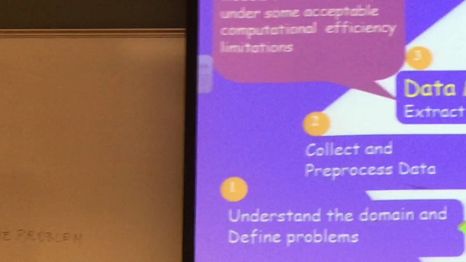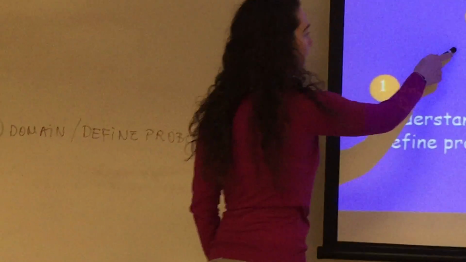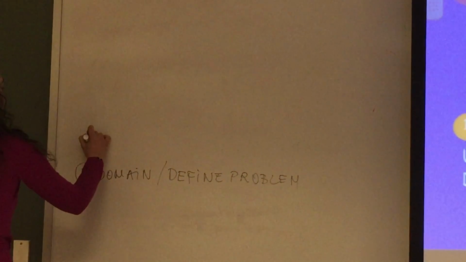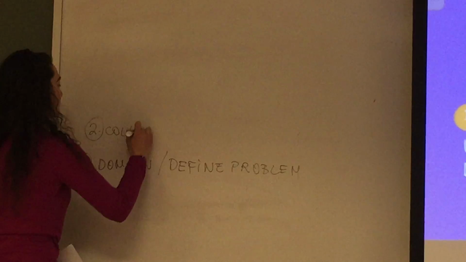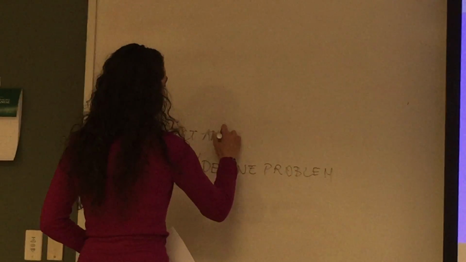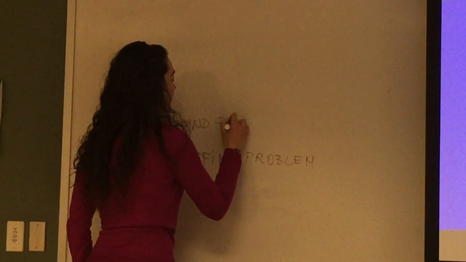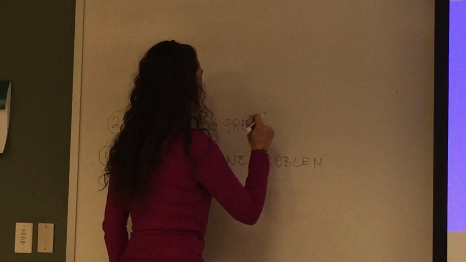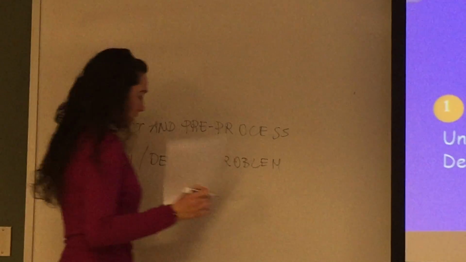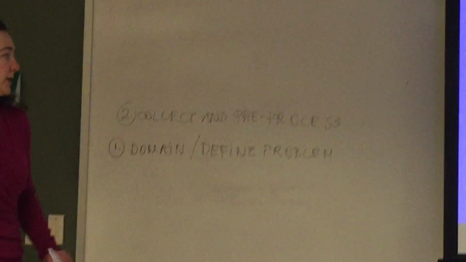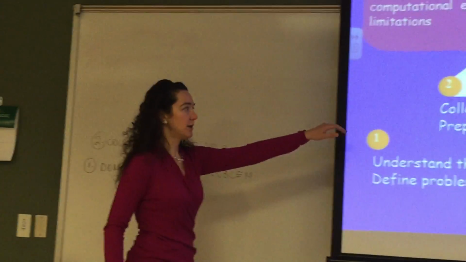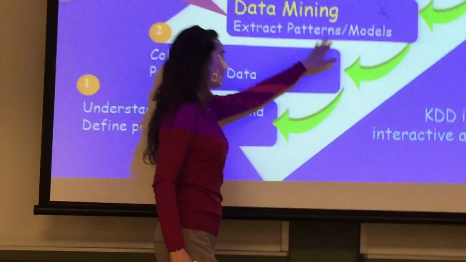The second thing is to collect and pre-process the data. So if the data is not collected, it has to be collected. In most cases, it's already collected because we have so much data now. And before we can actually do any processing, before we can run our data mining algorithms that will extract patterns